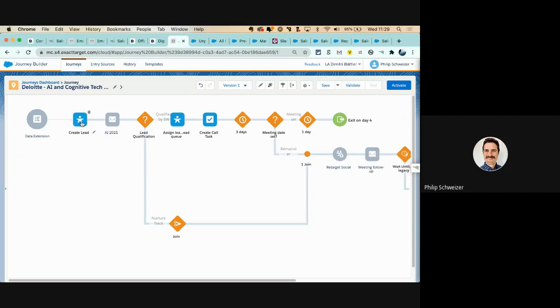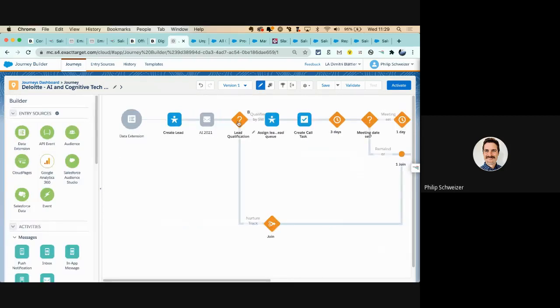You want to make sure you have all the leads in the Sales Cloud, regardless if they're sales ready or not, in most situations. How else are you going to understand whether, why a lot of them have never been qualified, for instance? So here we would create that lead. We would immediately send out a thought leadership piece around AI in 2021. And we can then here access the data in SalesWings, actually in the data extensions, to qualify that lead.